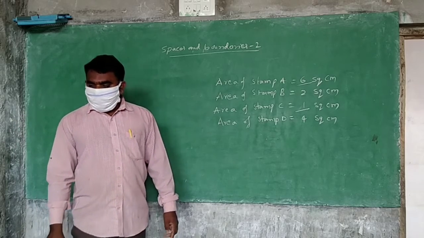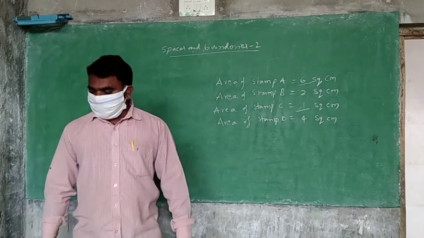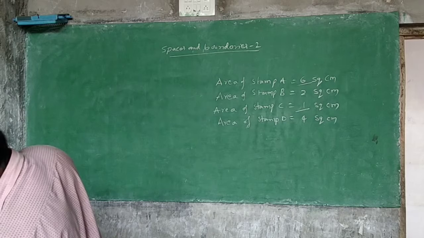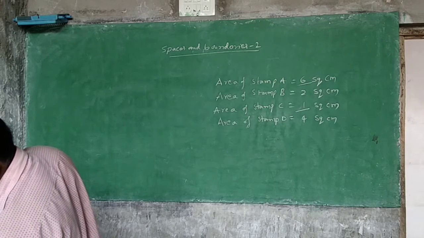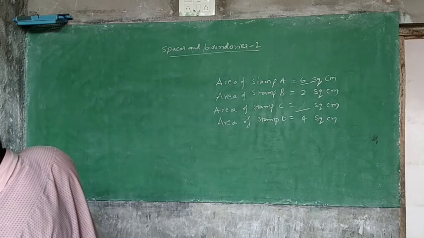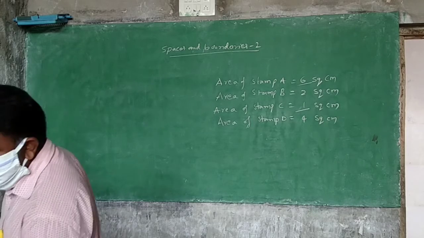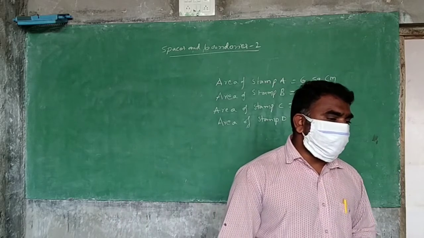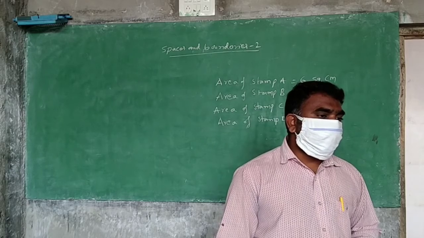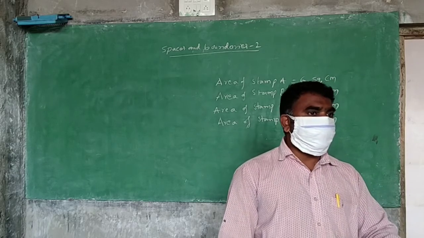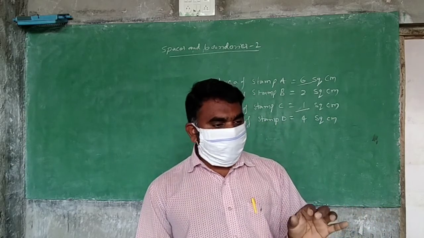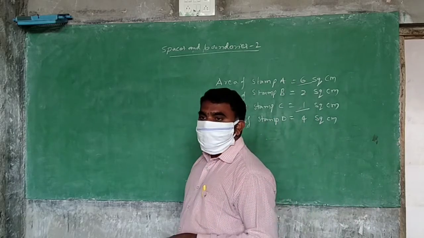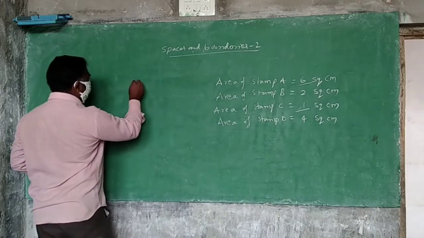And next, from the next page you are coming. What is the question you have to find here? What is the area of the following figures drawn on the square sheet? Each square has side 1 centimeter. One has been given for you. And in that, some are half. Did you see that? Before, up to the stamps, they were fully filled. In this stamp, half filled are there. But in these pictures, half filled are also there. Did you see that? Half filled.